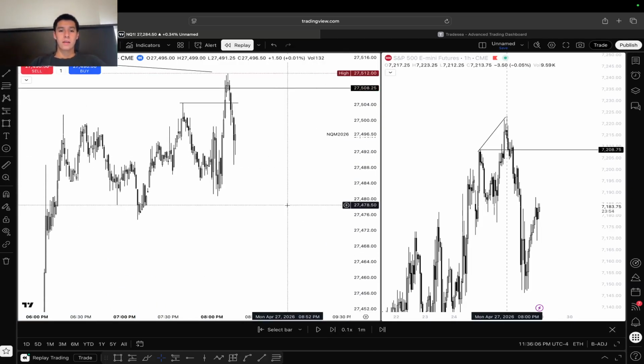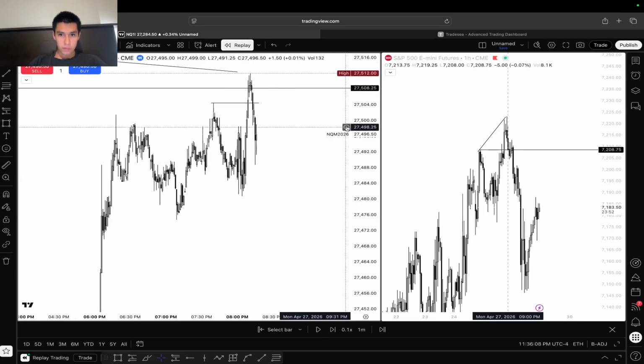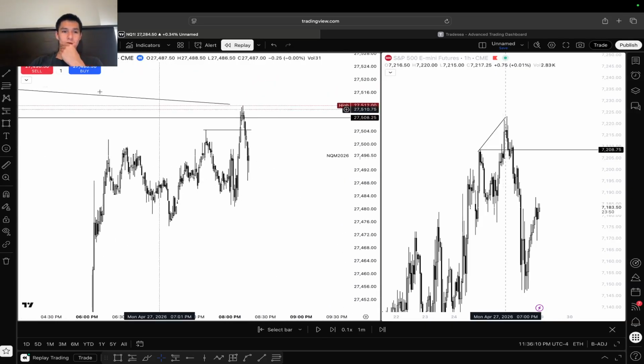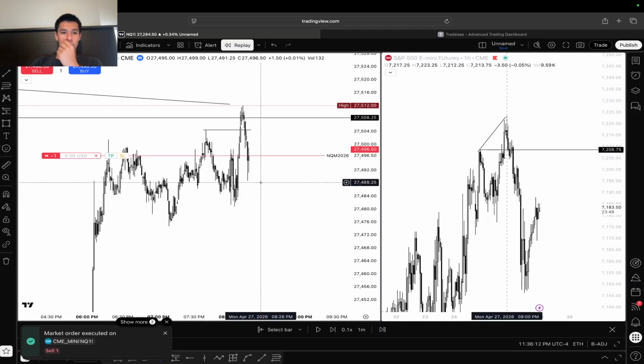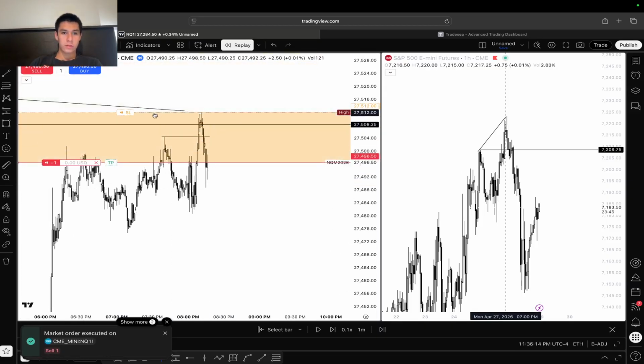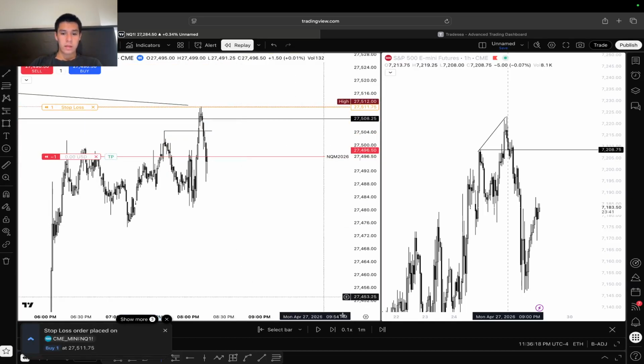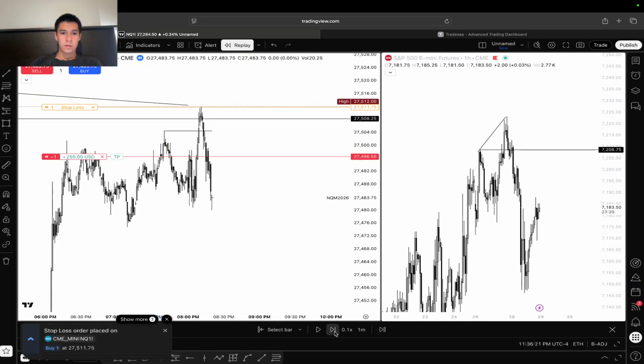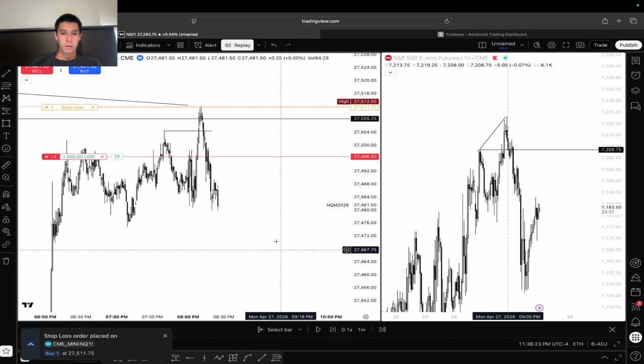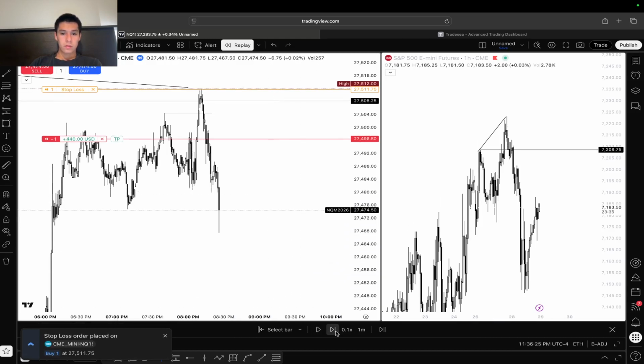And I'll tell you exactly how I played this. Kind of messed up my entry on the first one. I entered literally right here on this entry after we did sweep out that high again right at that time, and then we did end up displacing here, right? Once we took this low,